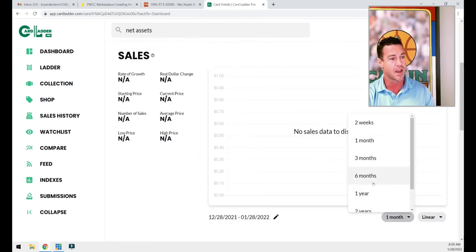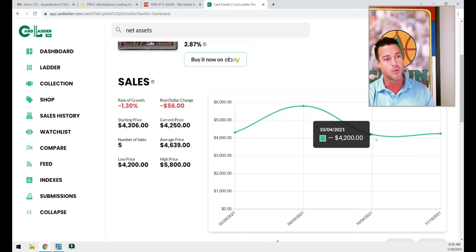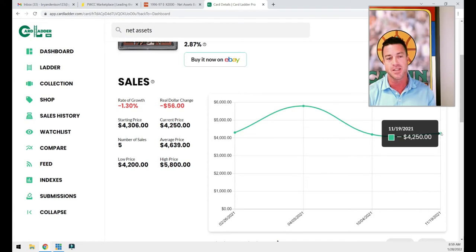If we go down here, Card Ladder, we can pull up our data. There's our graph. You can see 5 of them sold. The average was $4,639. The card started at $4,306. It went up, it went a little bit down, and it came back almost at the exact same price over